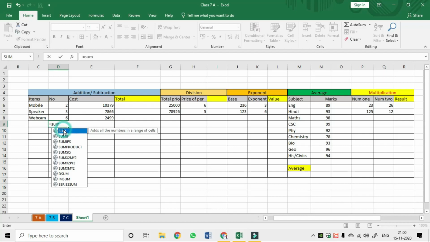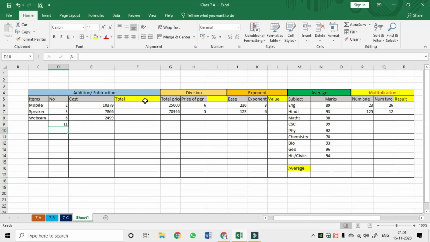Just click SUM, and make sure the left side bracket is there. If not, you have to give the left bracket. Then take your mouse, left click and drag without releasing, up to the range, called an Excel range. Once you complete the selection, release the mouse button, close with the closing bracket, then hit enter, and it gives the answer.